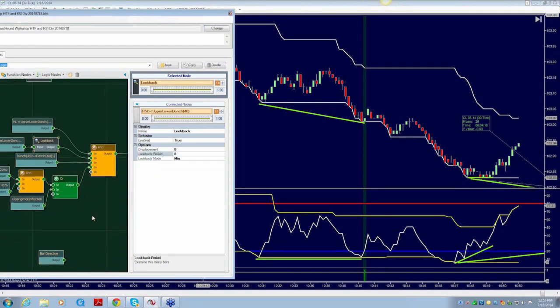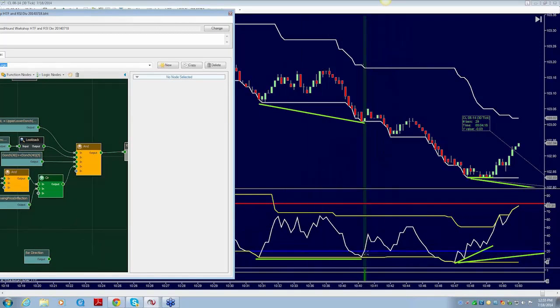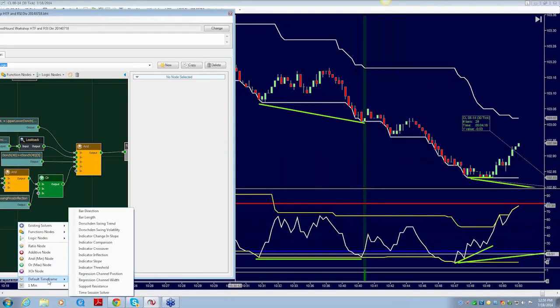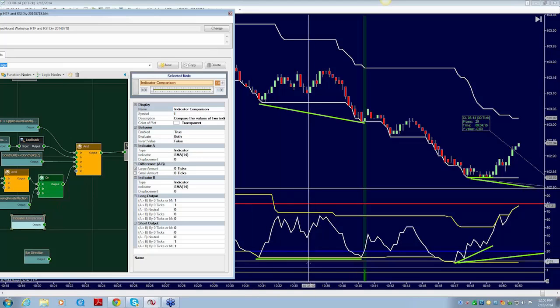we could say that there has to be at least 5 points between the RSI and the lower band, or the RSI and the upper band. So now think of how you would define that. There has to be 5 points or more between the RSI and the lower band, or the upper band. So it's some kind of a range, looking at one thing compared to another. What do you need? You need the comparison. And because you're thinking 5 ticks or more,